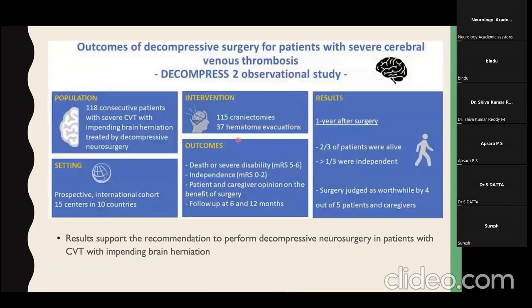This is an observational study, DECOMPRESS 2, where it showed that one year after surgery, 2/3 of patients were alive, and more than 1/3 of patients were independent, and 4 out of